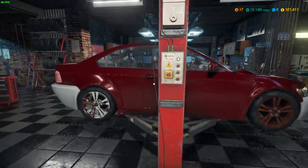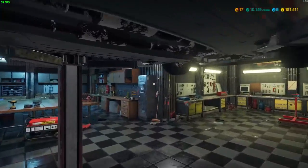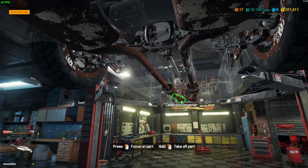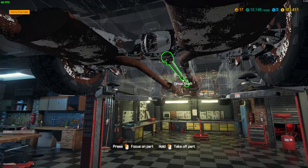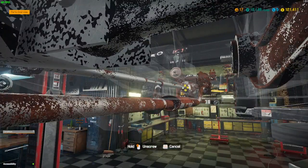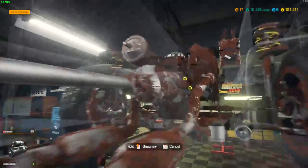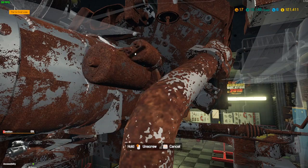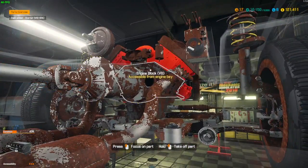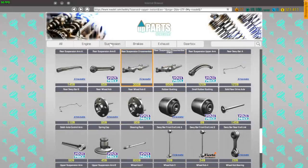Okay, let's just at least change out your starter and then see if I can at least get you started. That would at least be a start. Let's just say you need a new engine? Yeah, I know, right? Oh god, please don't tell me I need a whole entire new engine. What am I doing? I don't need to take this off. I just want to take off the starter, because their starter is dreadful. It's 6%. So if I get a starter V8...